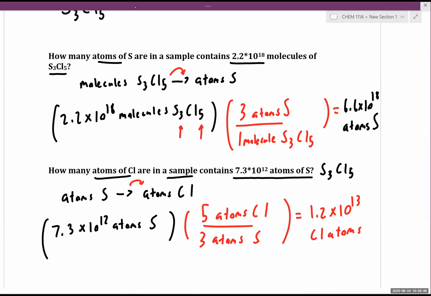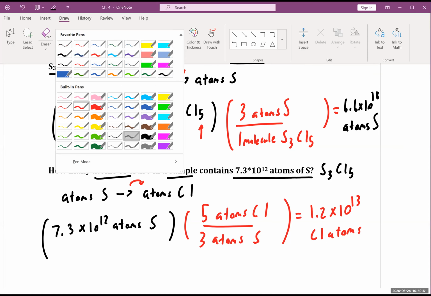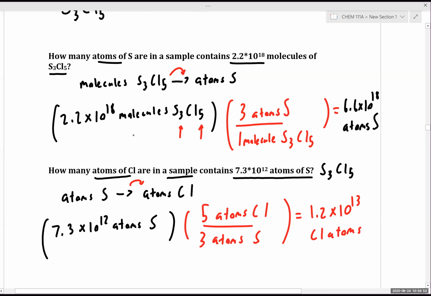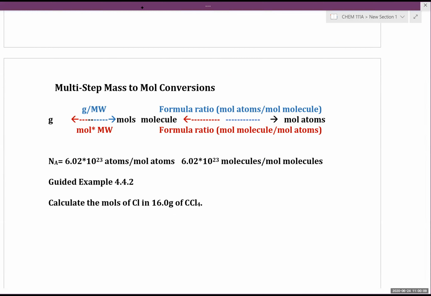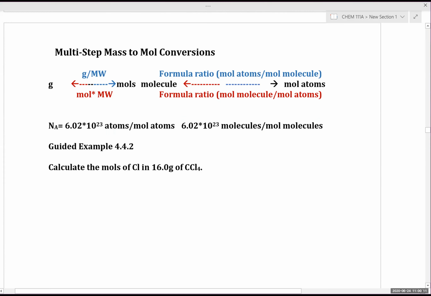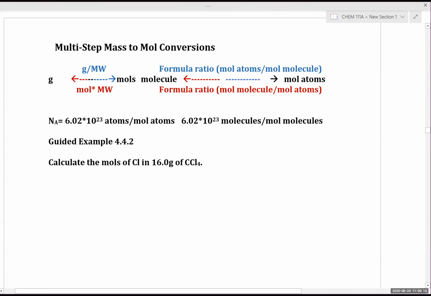Perfect. Any questions on these examples? If not, let's continue on with the next set of examples. This time, we're looking at multi-step mass to mole conversions. And I made this little chart just to help everyone